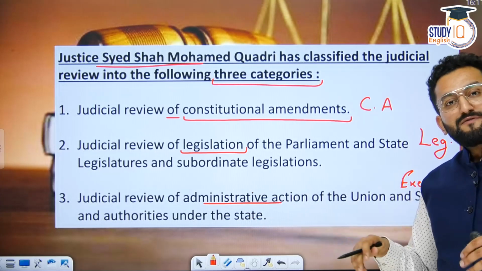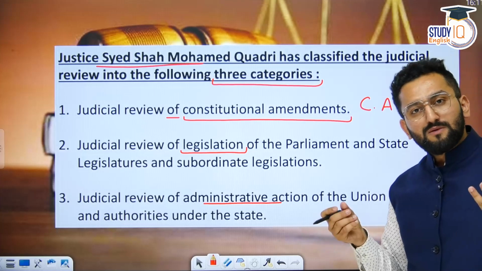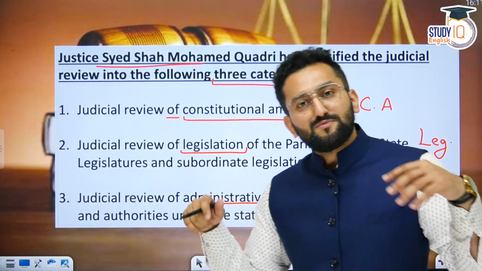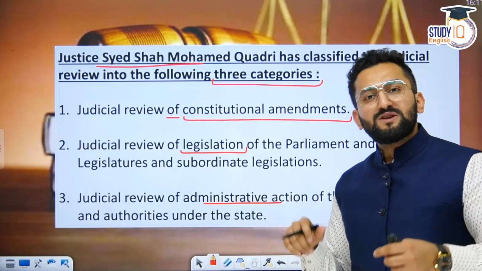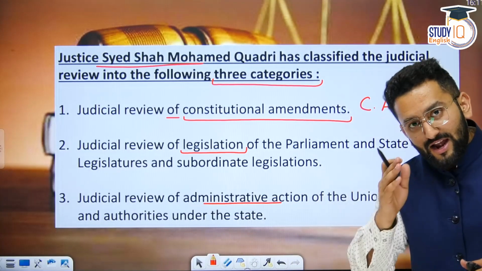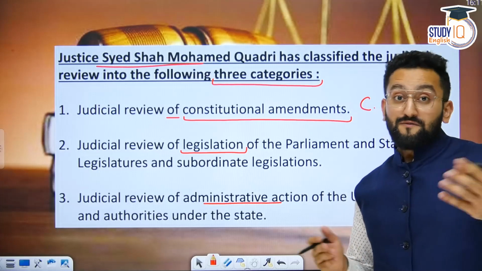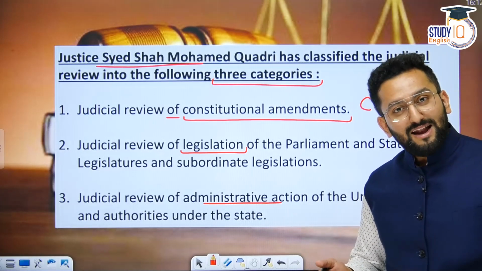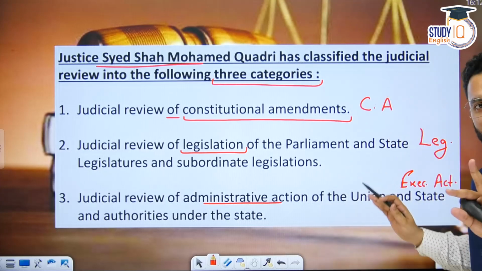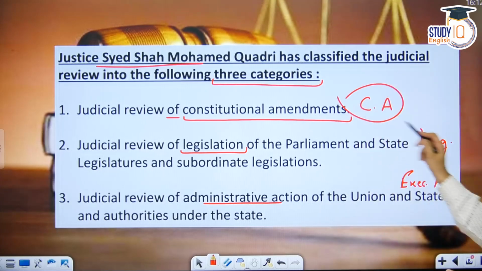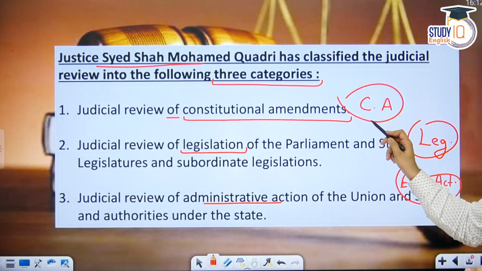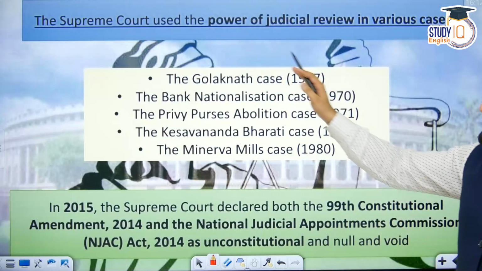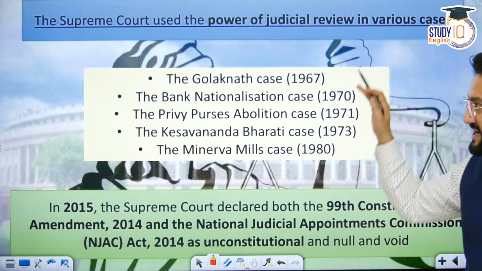It means if some administrative action, for example, you are a district magistrate and your action or your circular is against the spirit of the constitution, then it can also be taken up under judicial review and your action can be reviewed. If it is found against the constitutional spirit or constitutional provision, then it can be declared null and void. Okay, so you need to remember 3 ways: constitutional amendment, legislative and executive. Clear?